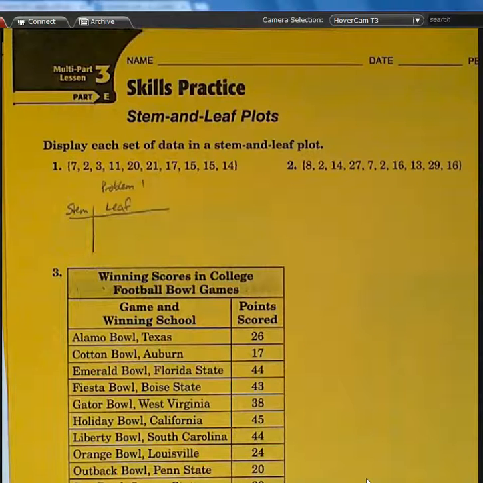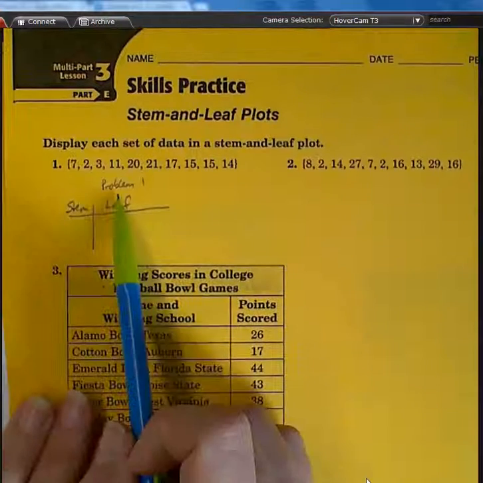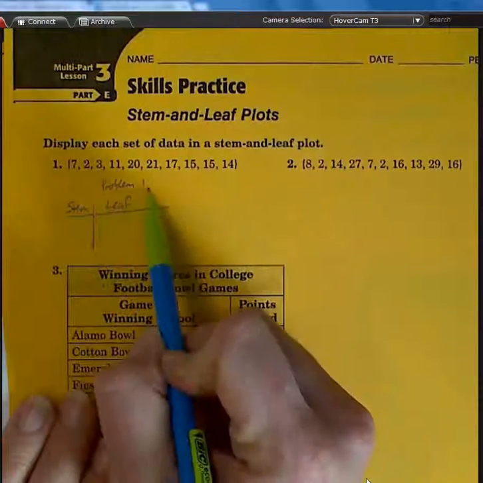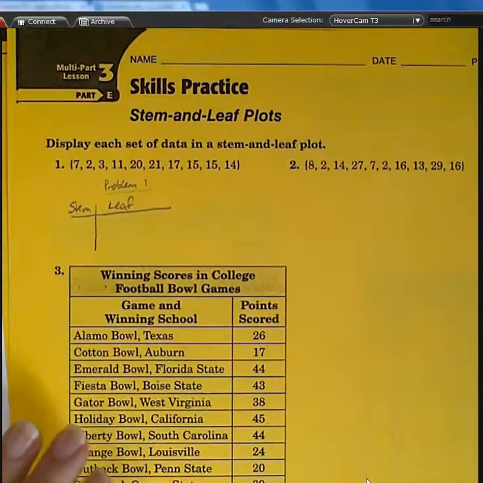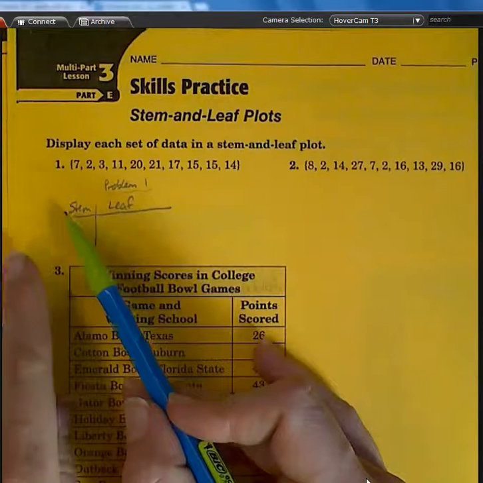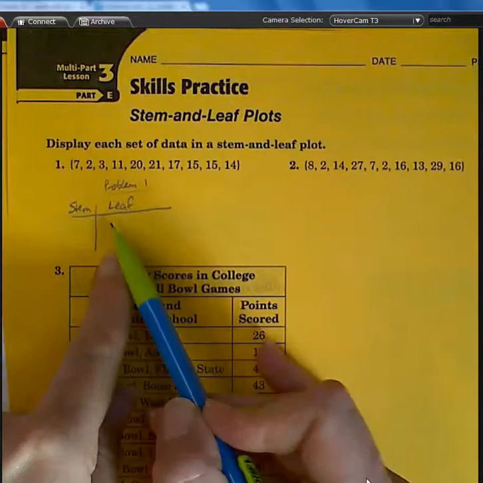So we read through page 526 and looked at some examples on 527. Now we're ready to make our own stem and leaf plot. They always have to have a title. And since it's problem 1 and there's no information other than that, that's our title. You make an off-kilter T-chart though, right? The stem is only going to have one number on it, and all the leaves are going to have multiple